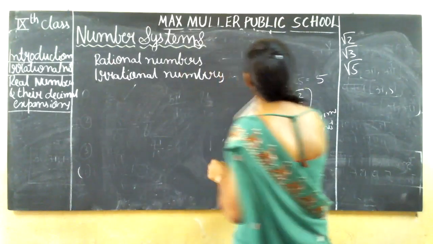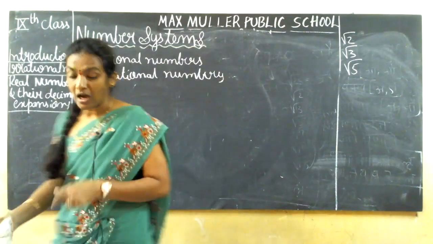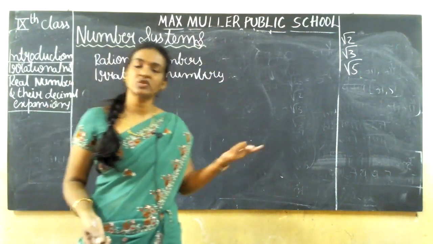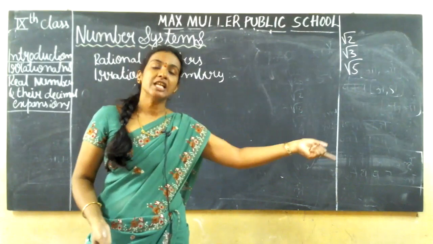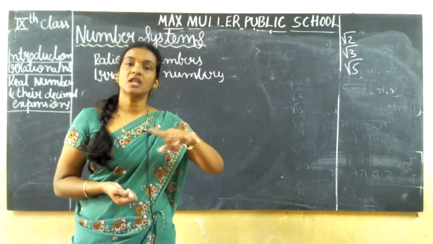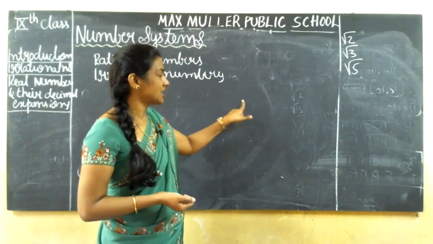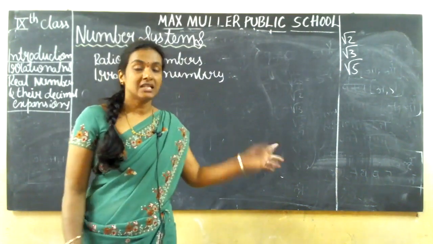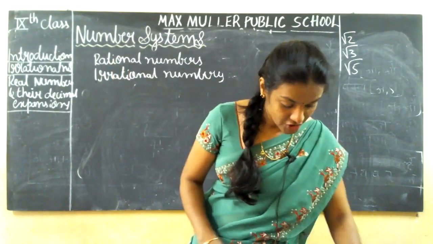Don't forget this, guys. One is the P by Q form. Another one is if a number comes under the root, then you have to think whether it is a perfect square or not. If it is not a perfect square, then that is not a rational number. That is an irrational number. That will go under the irrational numbers, because you will not get any quotient. Those are not terminating values, and non-recurring numbers also. Clear? Yeah, this is about the rational number.